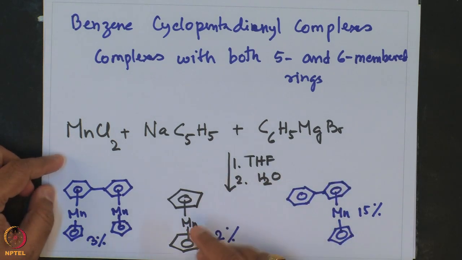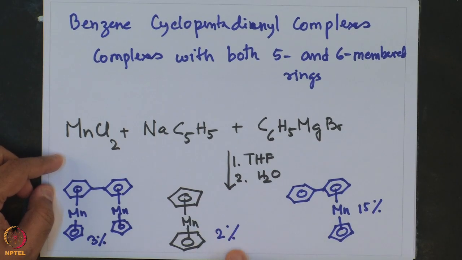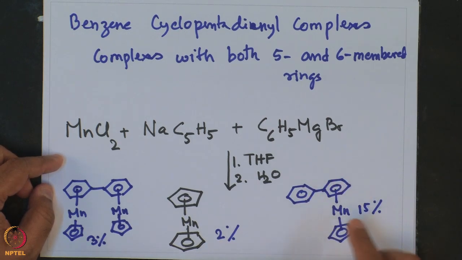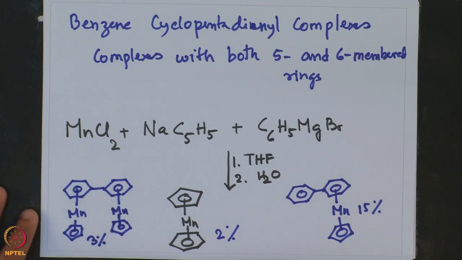compounds which are of the interest, the desired compound is formed only in 2%, and there are other compounds, for example, biphenyl manganese Cp 15% or biphenyl dinuclear manganese Cp only 3% can be formed. So,